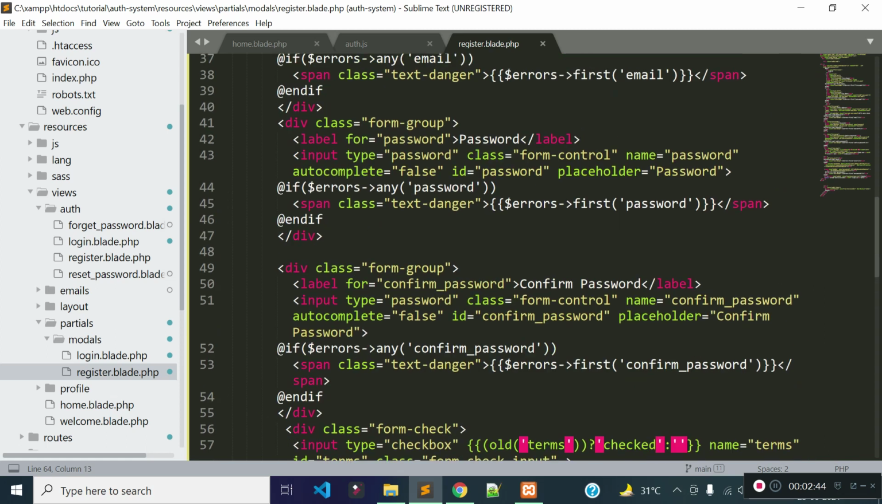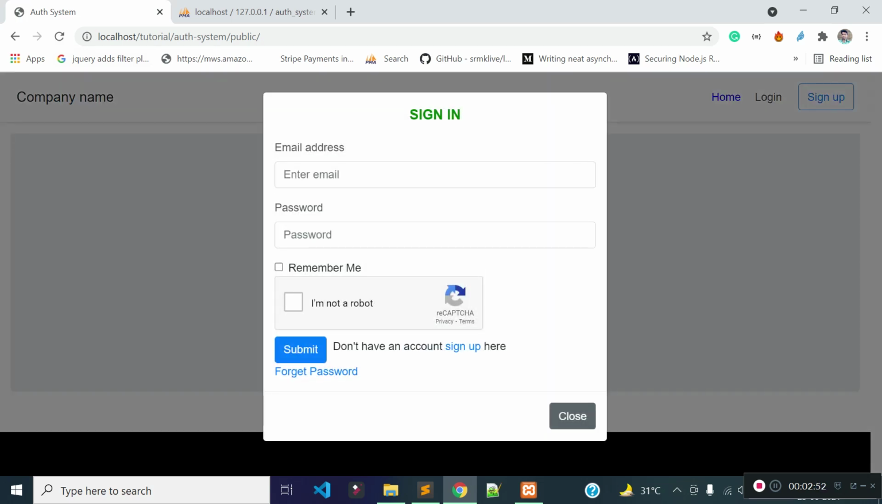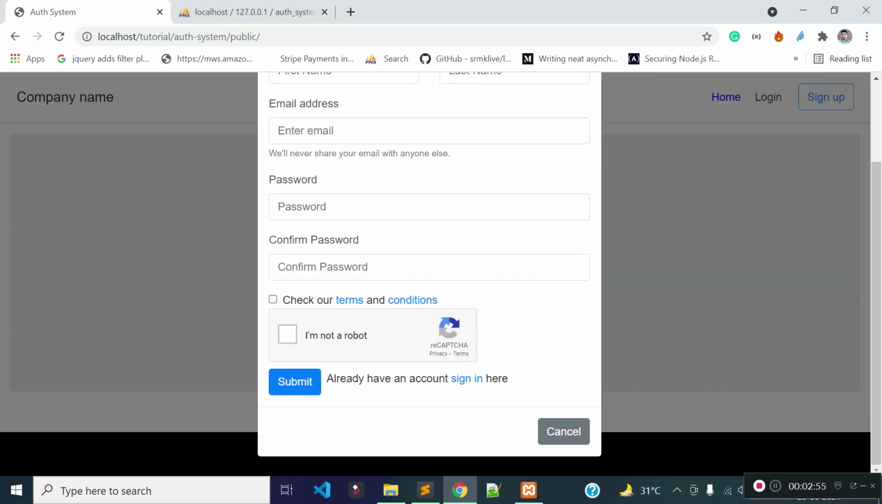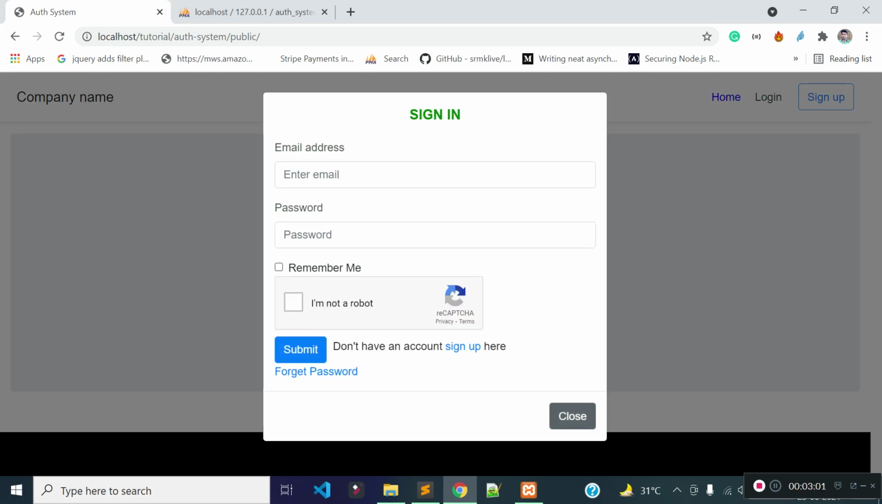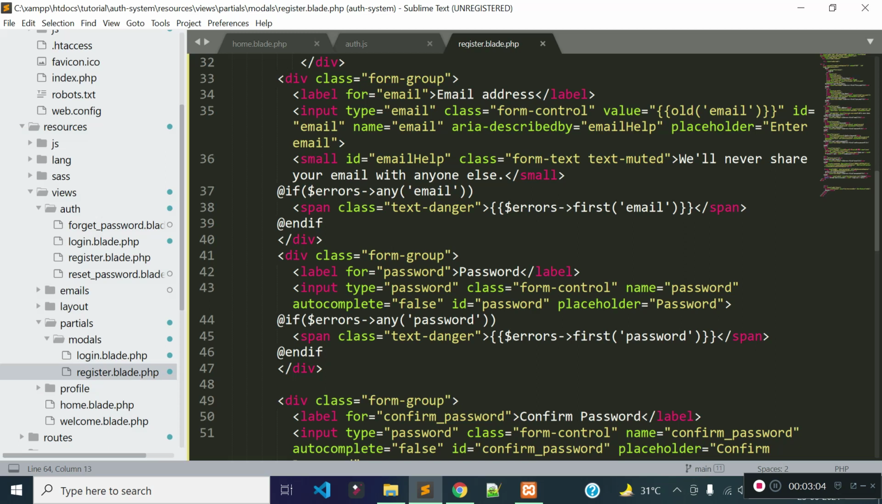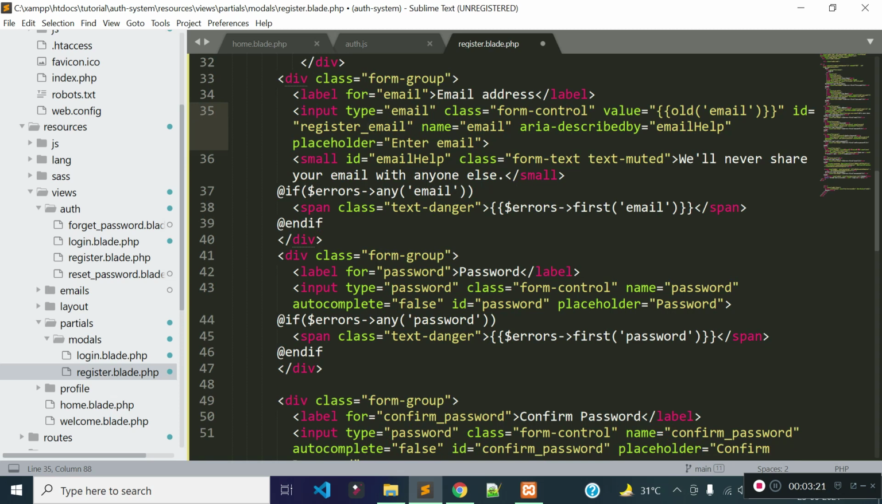Okay, so let's get back to our home page. You see inside our home page we have login model with login form, and we have register model with registration form. Okay, and both of these forms have email and password field common, right? So what I will do, I will just change the ID for the email field in registration form. Okay, so I will rename the ID for email field here to register_email, and for the password field I will rename the ID to register_password. Okay,